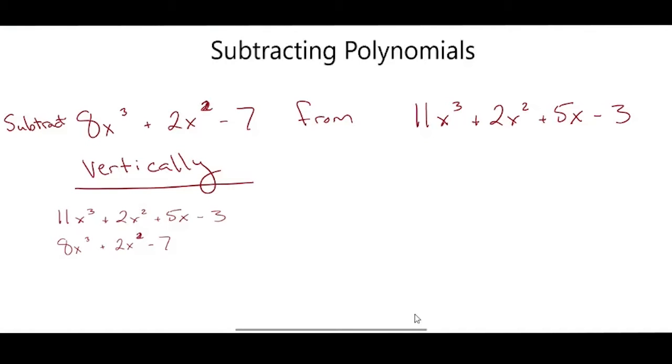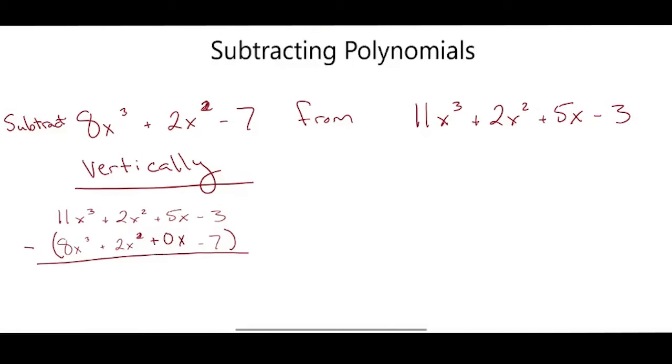And what I mean by that is this. The second polynomial, the one that starts with 11x cubed, is going to be on top. And then I'm going to subtract the bottom. So what that does is it changes all the signs. So it makes that 8x to the third negative 8x to the third, and it turns it into minus 2x